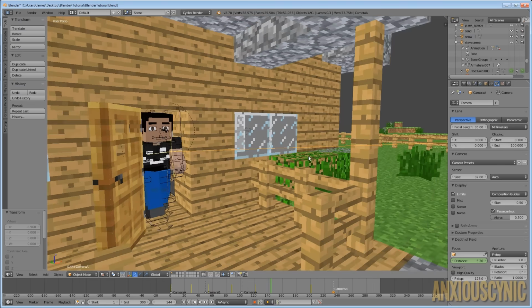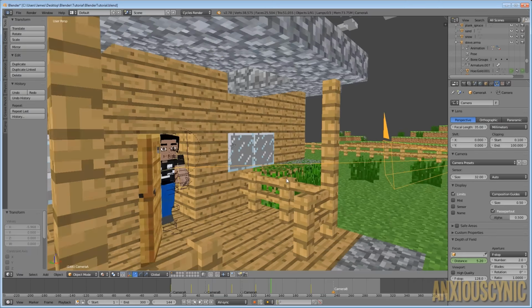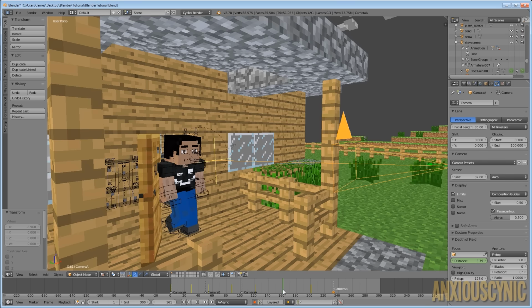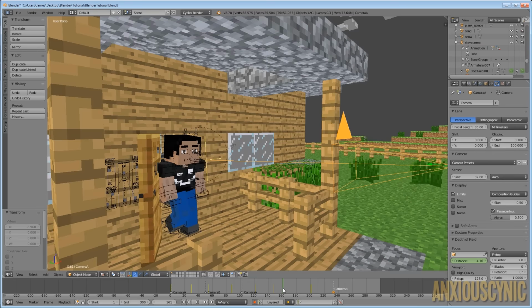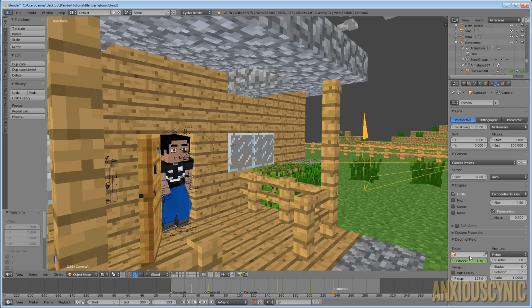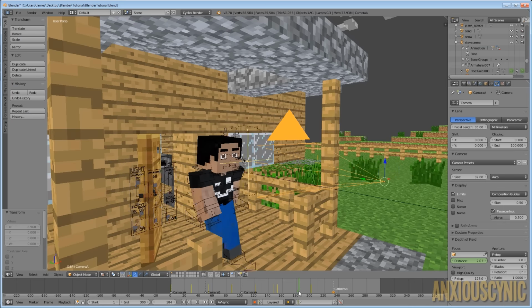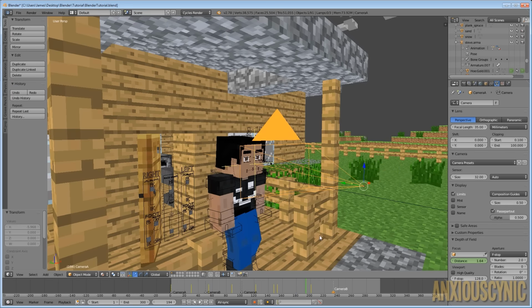But as you can see, the camera and Steve are moving at this point. I'm calling him Steve. It's actually me. So what I may want to do is edit that if that point isn't staying where I want it to be. So right around here looks okay. I'm just going to mess with it so it creates a keyframe. And then we're going to come here. Somewhere around there, it looks like it's kind of losing it. So let's bring it in a bit. And that doesn't look too bad the way it's moving there.